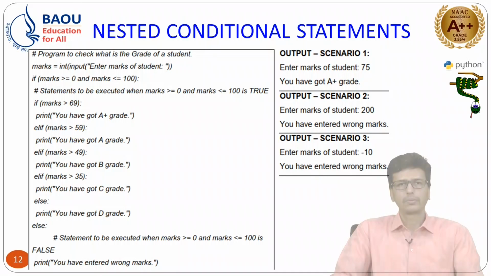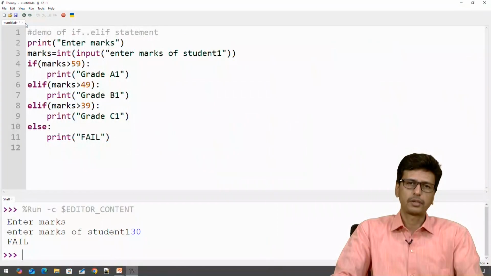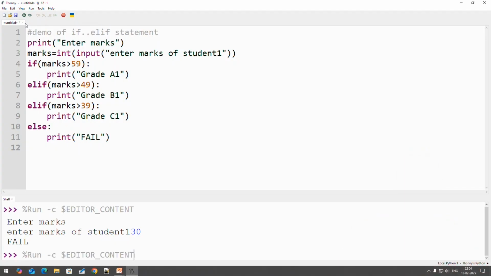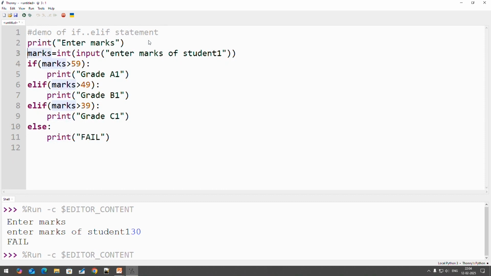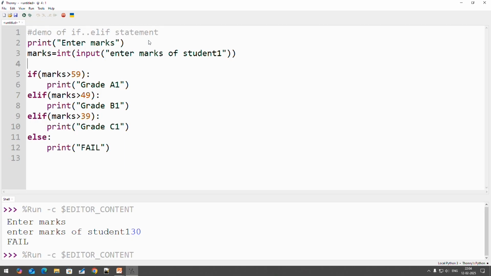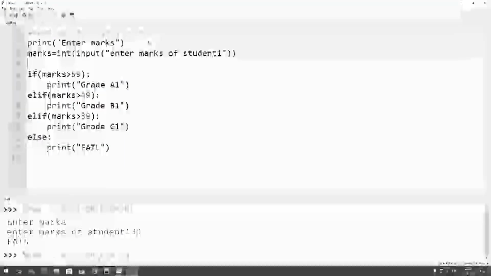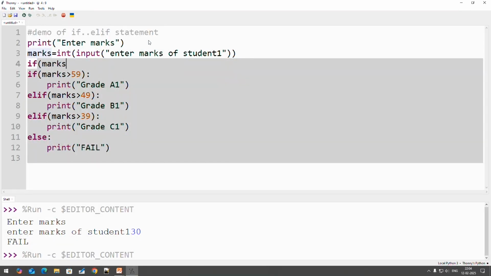If you want to check multiple conditions, in that case you can use nested if. That is an if within an if, or you can say you can use multiple if statements in another if else statement. So we are using the same program or same code, but we can change one thing here. If any person enters marks that are less than 0 or greater than 100, then this cannot be allowed logically, right. So we can put here one condition, if marks